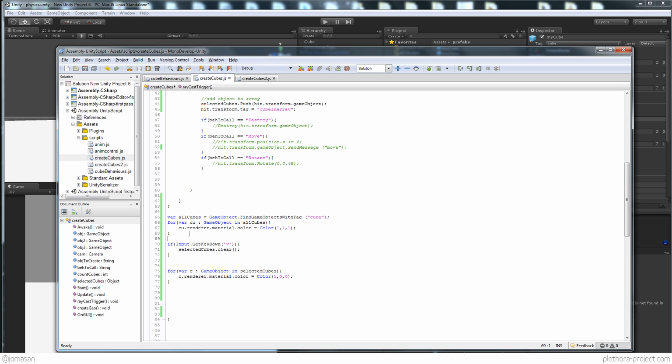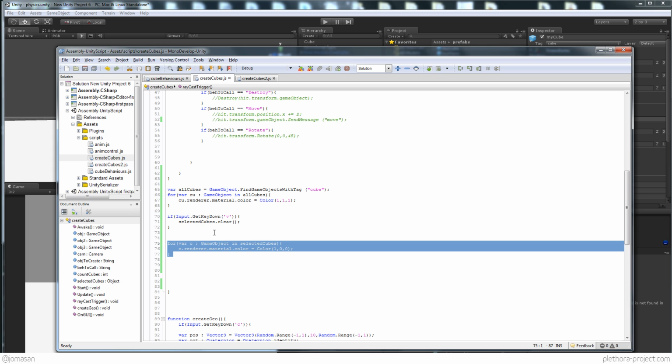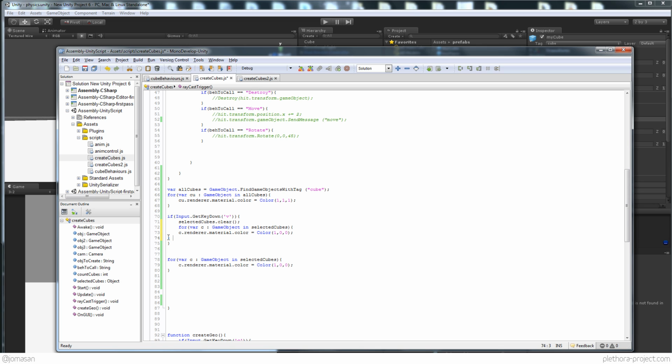Right. What happened here is that once we press V, we not only need to clear the array, but we need to make the cubes go back to the tag cube, right? So what we could do here is, when we press V, loop through the objects, right? So copy that structure here inside and say c dot tag equal